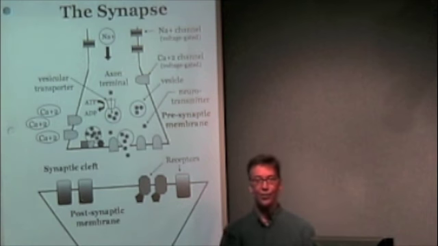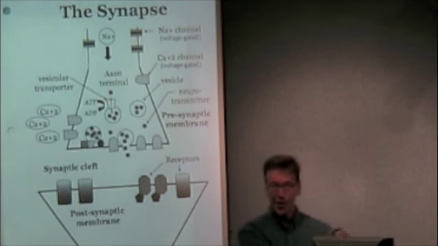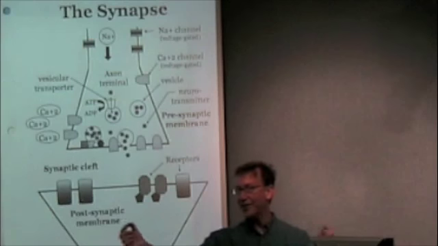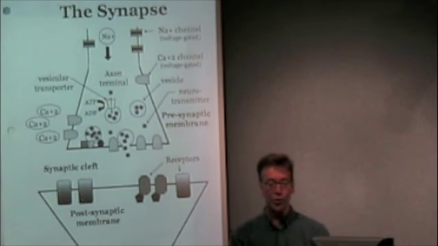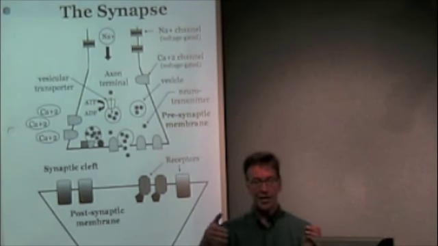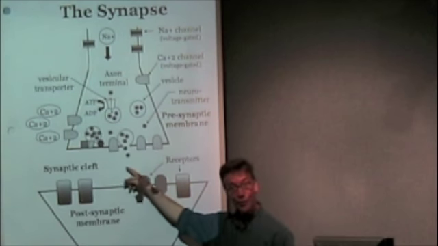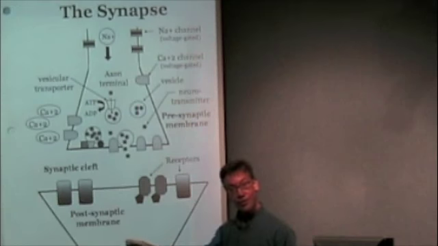So now I want to talk about what happens when your sodium current, right? We have our sodium ions that are rushing down, propagating down the axon, heading towards the axon terminal. What happens when they reach the end of the axon, the end of the neuron? Because at that point, there has to be the coupling of the arrival of that current, the arrival of those sodium ions, to the release of a chemical messenger, a neurotransmitter that is going to exit this first cell and influence the function of the next cell, perhaps stimulating an action potential